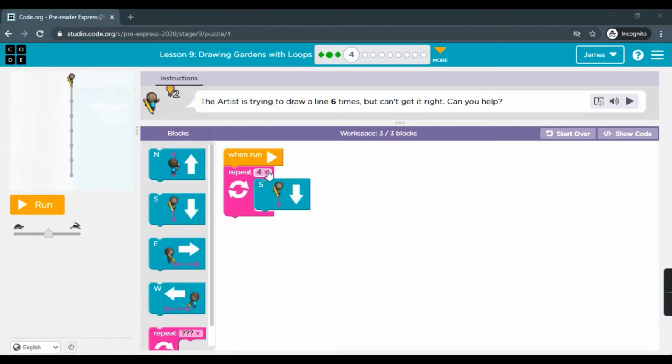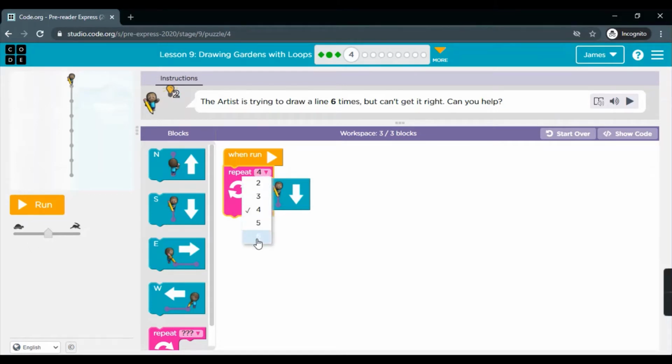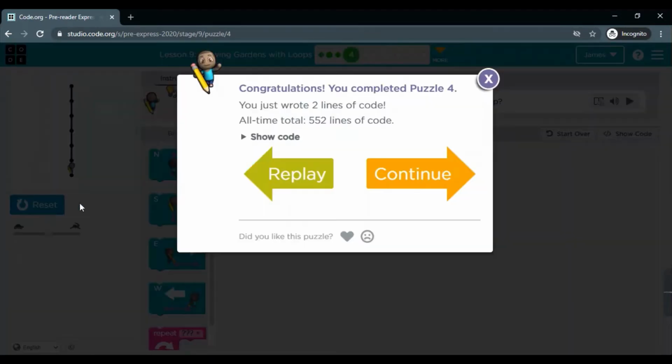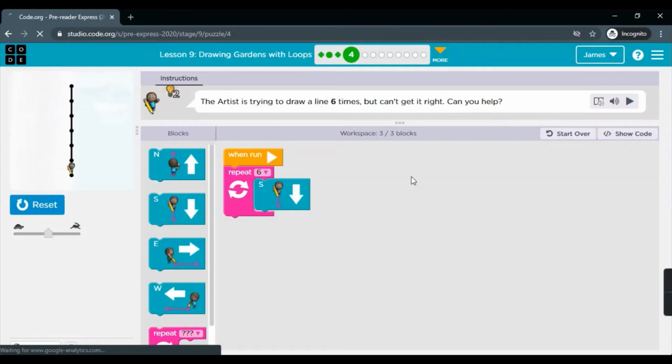Now here it is 4. But in the instruction they are telling us to draw it 6 times. So this is the clear mistake. So we'll set it to 6 and we'll run it. It was easy.